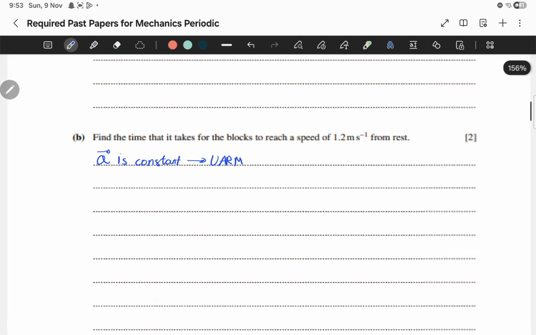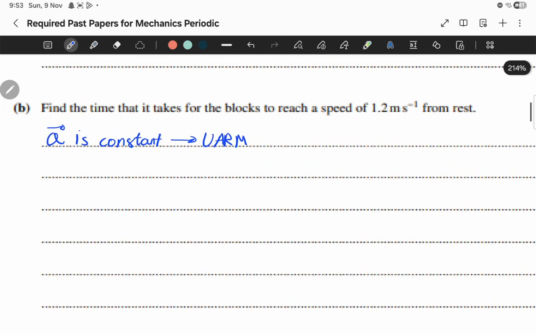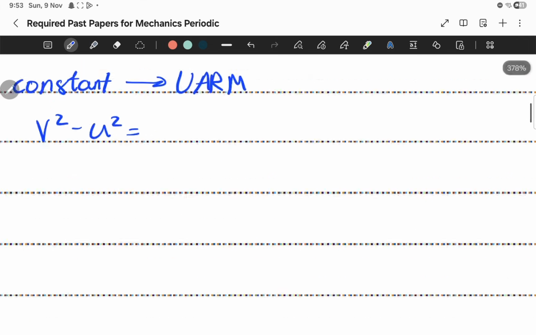Now, for UARM, and you want velocity, you have a bunch of equations relating velocity. However, they all involve something you don't have. You don't have time, which is what you're trying to find, and you also don't have distance. So anything with distance is out. We're going to want time as a variable left over. So we can either use the time-independent equation and then find time using another equation,